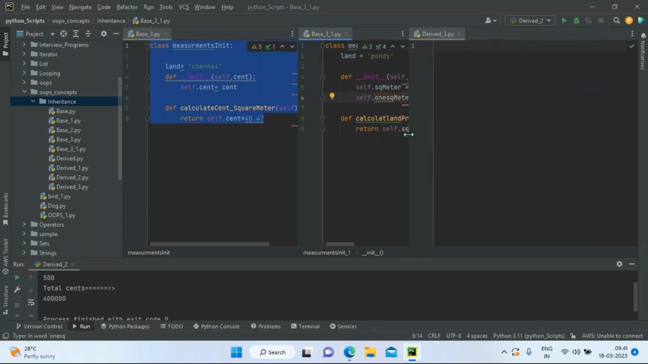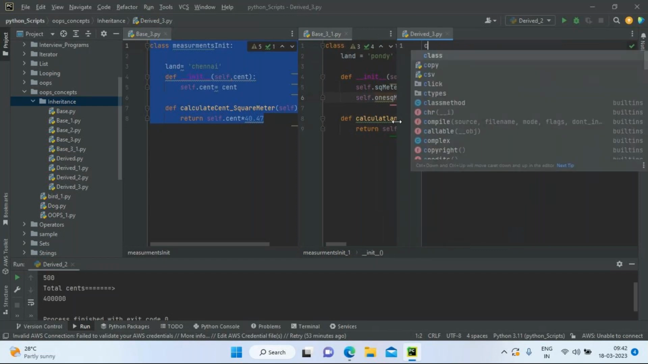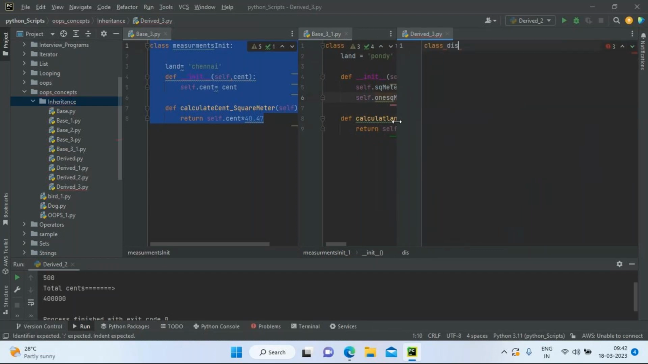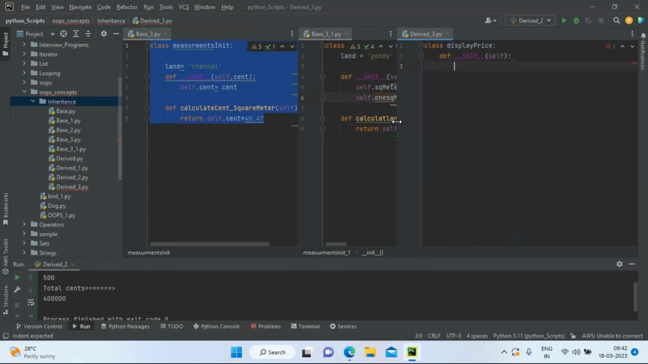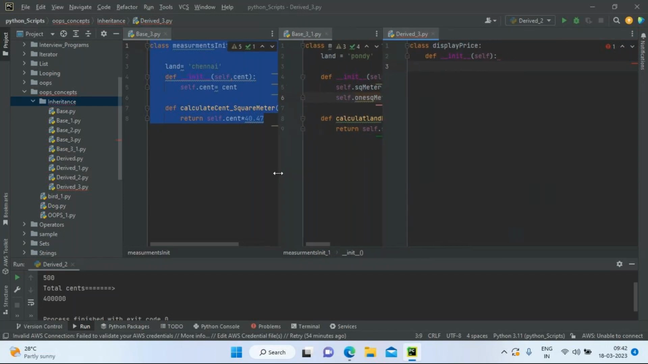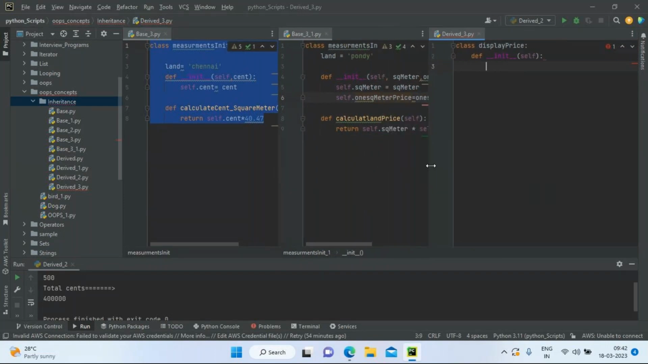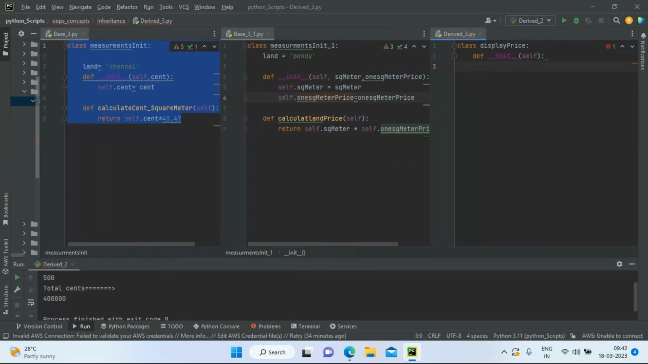Now I'm going to have one child class, derived 3. The class I'm going to keep it as display price. That's it. Now I'm going to have this constructor. It's a non-parameterized constructor. Now you have to say how to reuse this constructor in my child class,